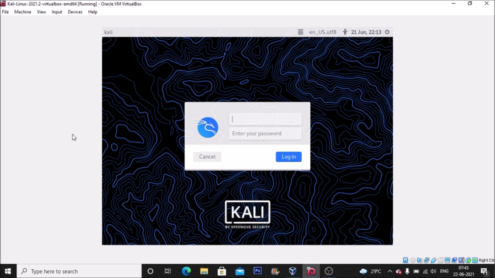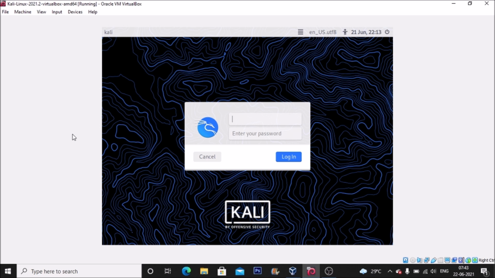So how can we log in if some user has changed the password, and we want to change the password of that particular user again, but we don't know the password? We don't know the root password, and our user has just changed the normal user password. So how do we log in in this scenario on a Kali Linux machine? I am going to show you how you can do all these things.